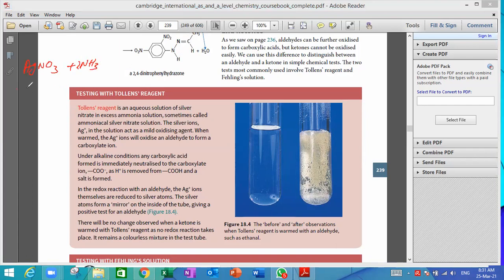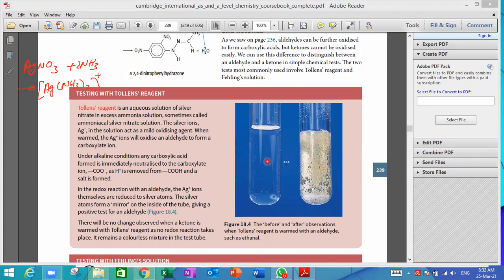When we dissolve silver nitrate in ammonia, it forms a silver amine complex. This is called ammoniacal silver nitrate, or Tollens reagent. So when we add Tollens reagent, once to a ketone and another time to an aldehyde, and we just warm them even in a water bath,